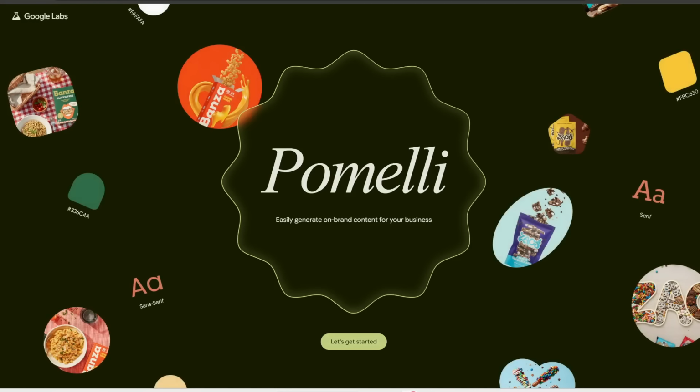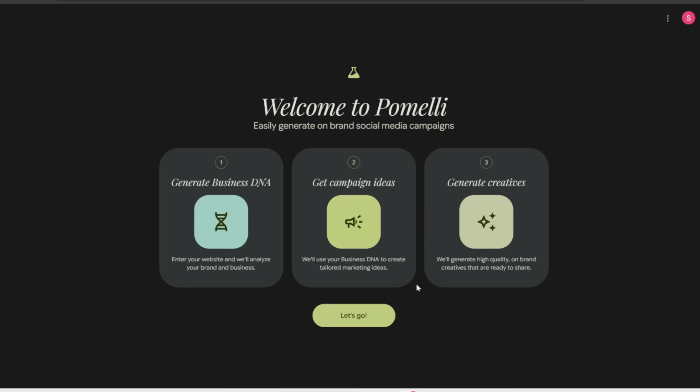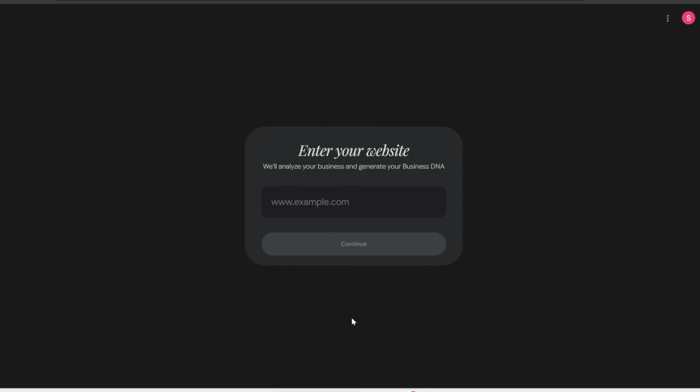Alright, first up, did you know that Google basically has a free Canva where you can create posters or social media posts, product photos, or other designs in just literally a few seconds? It's called Pomelli, and this is completely free for you to use. Let's click Get Started. Now, once I sign in, let's click on Let's Go, and all you need to do